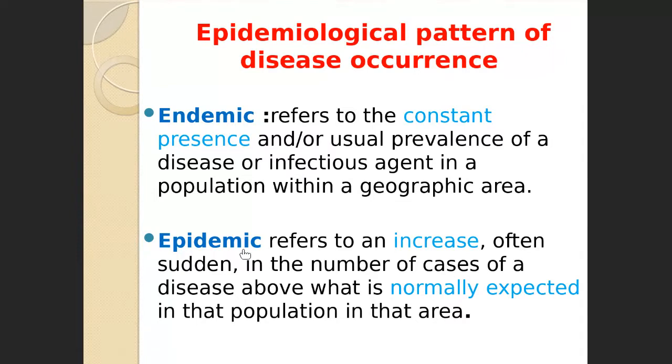It refers to an increase in the number of cases of disease above what is normally expected in the population, okay? أو ممكن إنه يكون new disease وأول حالة أو مجموعة حالات تظهر في مكان معين. We consider this as epidemic. So epidemic is an increase in incidence. واضح؟